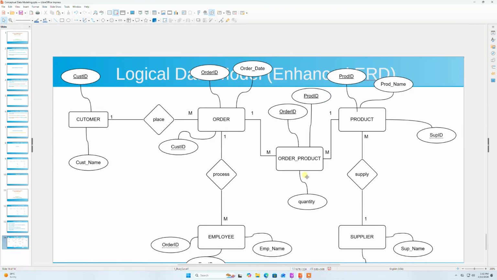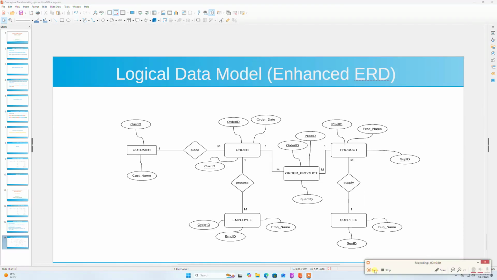Okay, so now you can see that this is our final logical data model, and this is in Chen notation. For crow's foot notation and UML notation, we